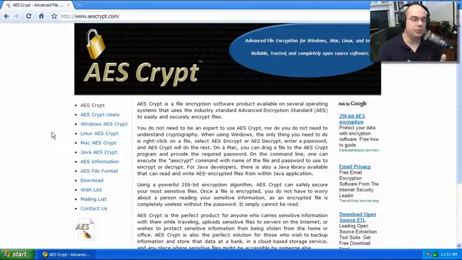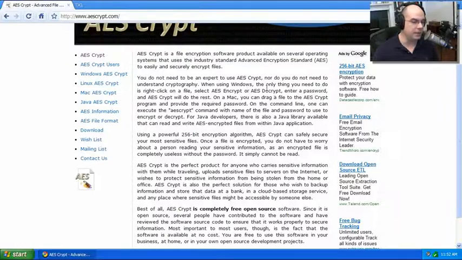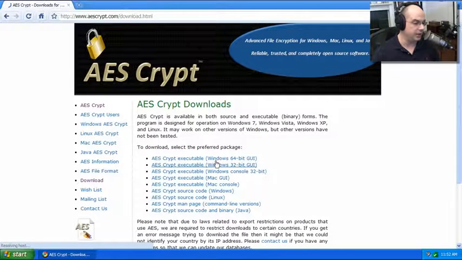Here's the AES Crypt website. It's at aescrypt.com, and you can see there's Windows and Linux and Mac and Java. You don't even have to run one of those other operating systems as long as you can run Java to do your encryption and your decryption. There's a lot of great information on this website about how AES Crypt works under the surface and what you can do with it. What we're going to do is go to our download section,